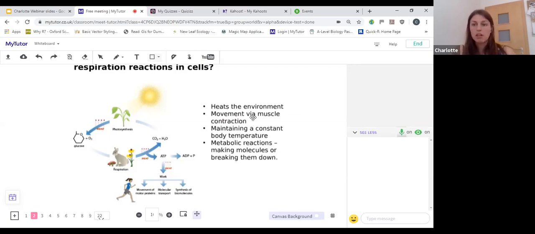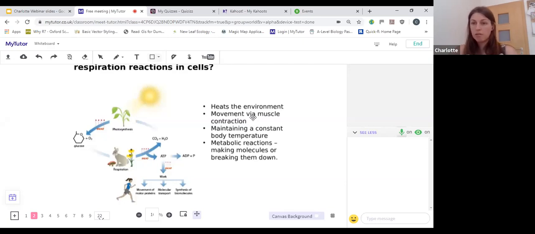So last week, if you weren't here on Friday, we went through what happens when we exercise. When we exercise, we need to create more energy, so we need to respire more. And when you go running, one of the first things that happens is that your breathing rate increases. You want to breathe more, and your heart rate also increases. And both of those things are to encourage more oxygen